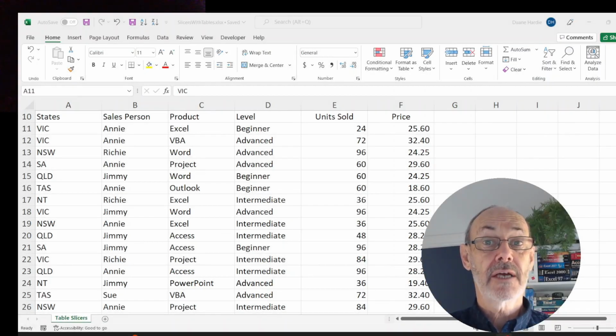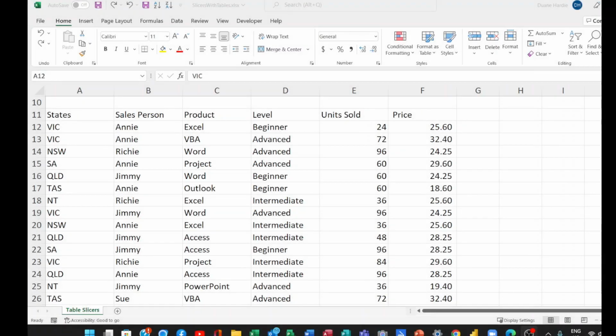Today we're looking at slicers with tables. Slicers offer excellent filtering options. They work with pivot tables and worksheet tables. What we have here is a set of data that we need to actually turn into a table before we